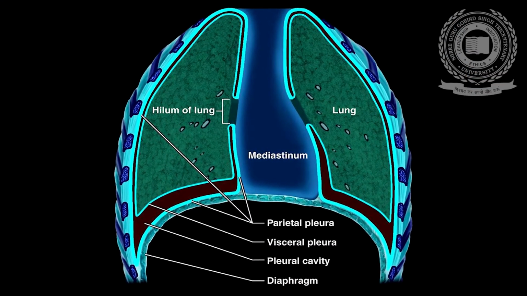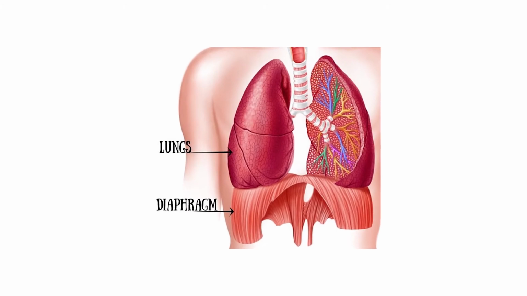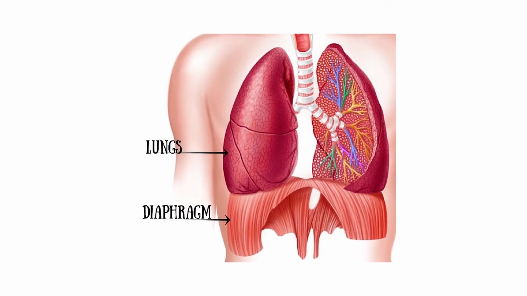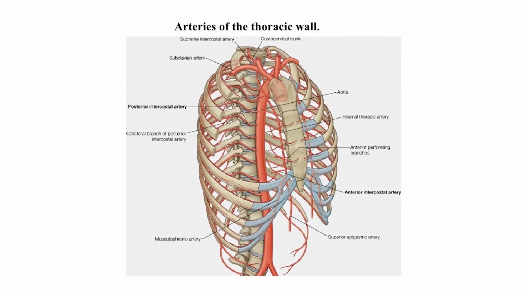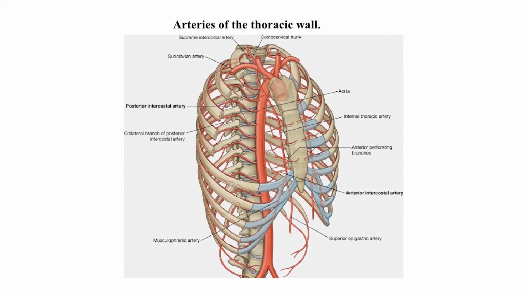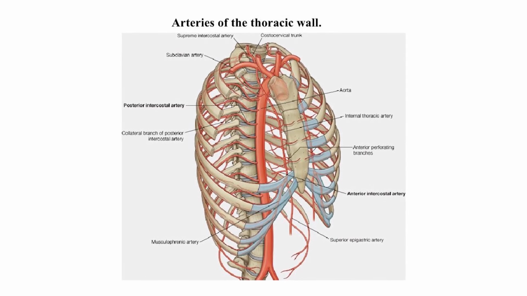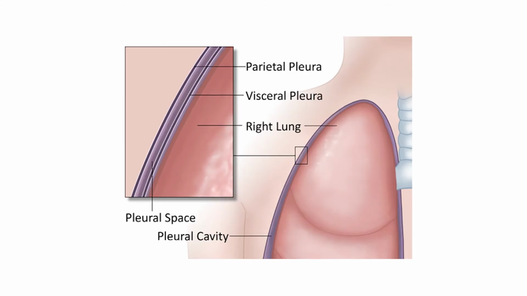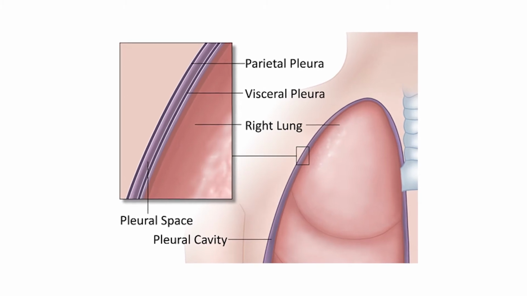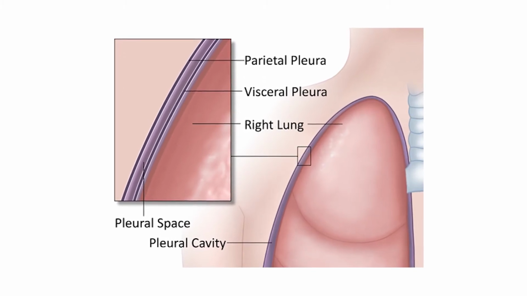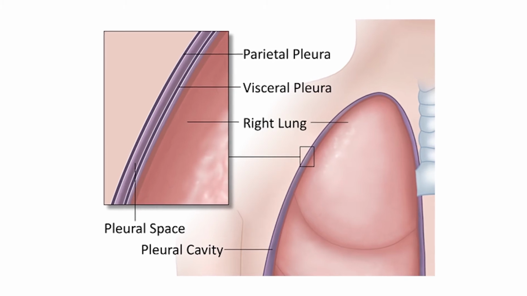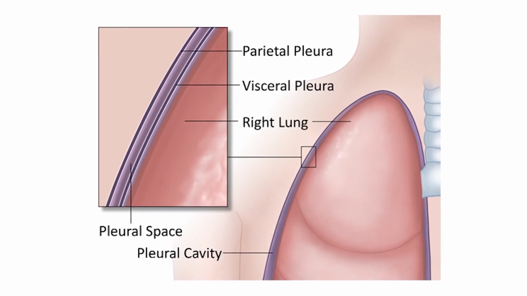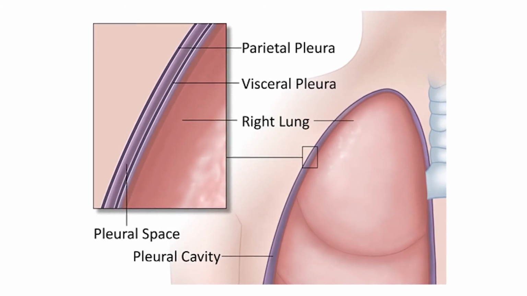Parietal pleura limits the expansion of the lungs, and visceral pleura behaves in the same way as the lungs. Parietal pleura has the same nerve supply and blood supply as the thoracic wall. The pleural cavity normally contains a minimal amount of serous fluid for lubrication, which is essential for smooth movement of the lungs during respiration. But collection of excessive fluid between the two layers develops into a pathological condition known as pleural effusion.